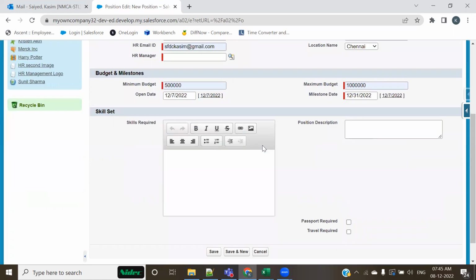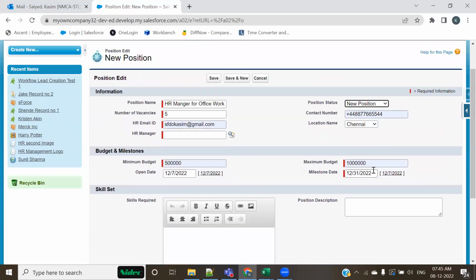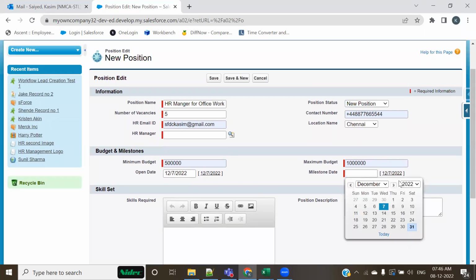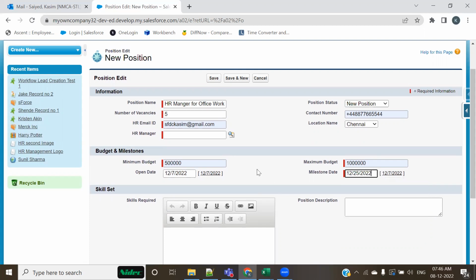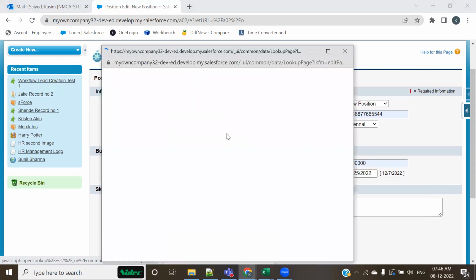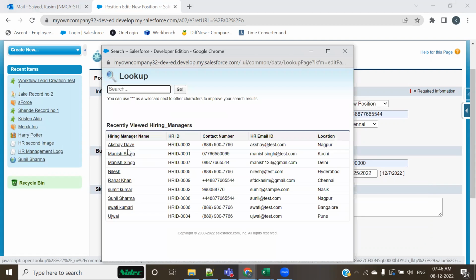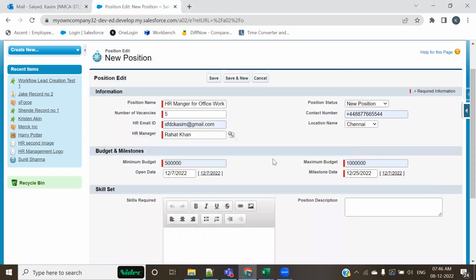Now this has to be assigned to somebody. Let me take this as maybe the 25th of December, Christmas. And let me assign this to somebody, maybe Rahat Khan. So as soon as a position record has been created, immediately one